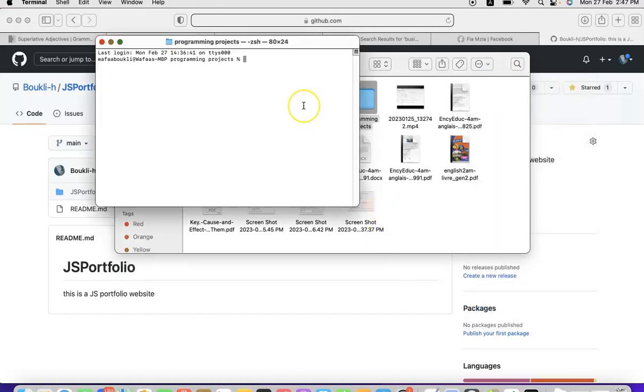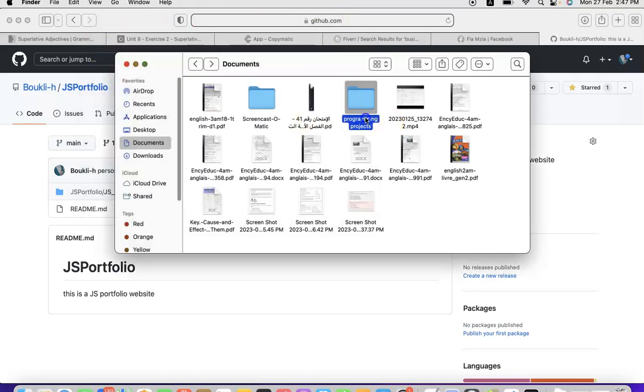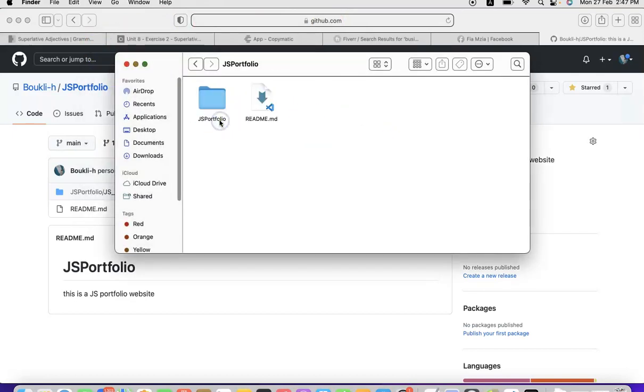Open new terminal and just write git clone and paste your URL. And here you go, it is cloning now. Let's check and see. Yes, here is our project folder, and here is our